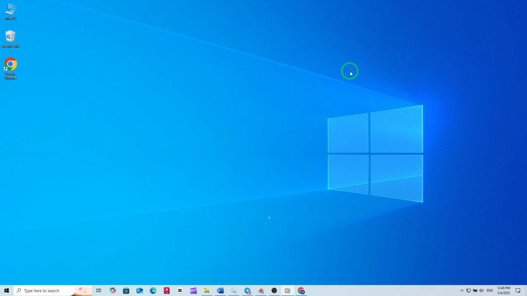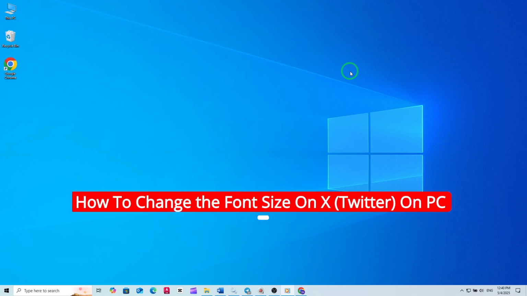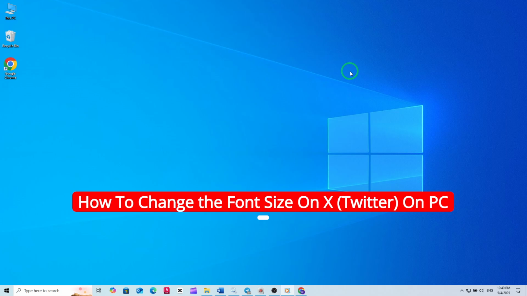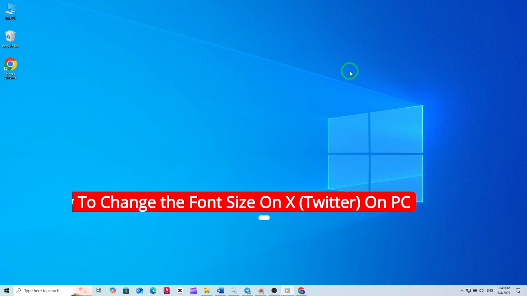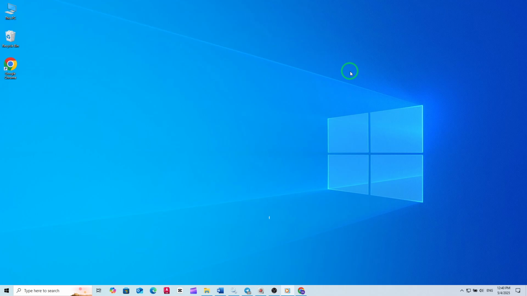Welcome. If you've ever found yourself squinting at your X, formerly Twitter feed on your PC, or just want to see more tweets at once, you'll be glad to know that changing the font size is quick and easy with the latest update. Today, I'll walk you through each step so you can customize your reading experience in just a